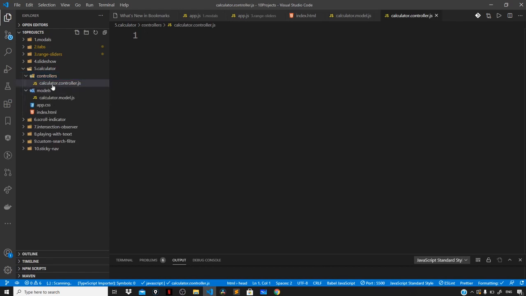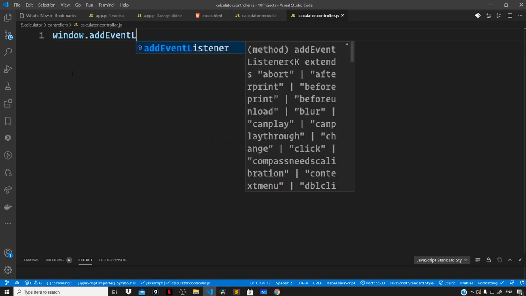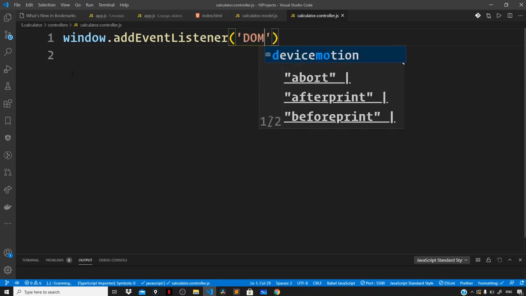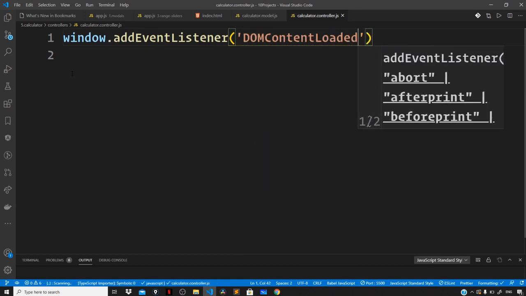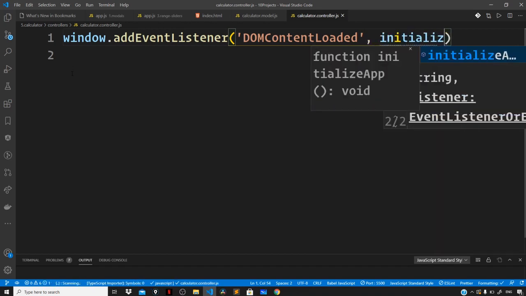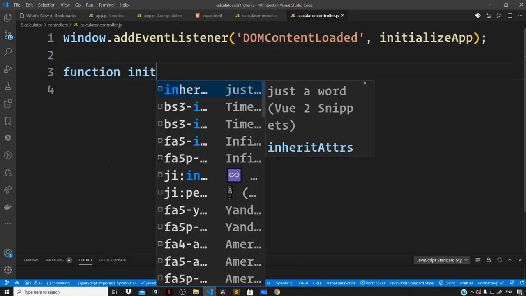Now right inside the calculator.controller file, let us first add an event listener on the window object and listen for the DOM content loaded event. And once the DOM content gets completely loaded, let us trigger the function initialize app. Now let us create our initialize app function